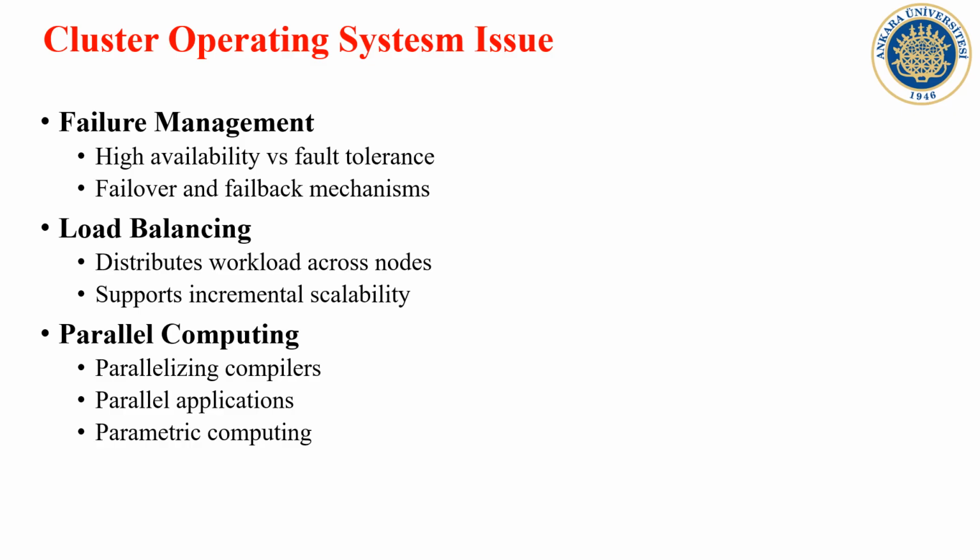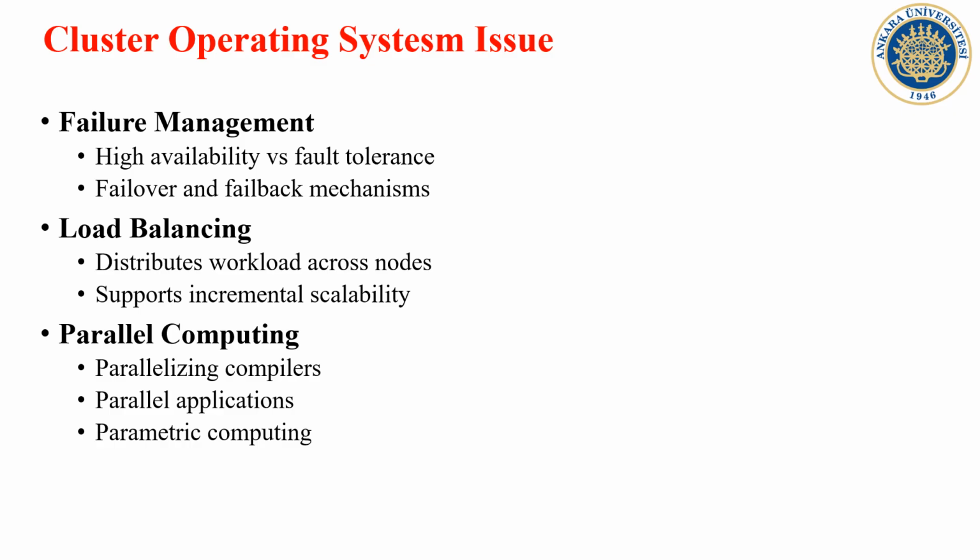Failover transfers applications to another node while failback restores them after repair. Second, load balancing. The cluster operating system must distribute work evenly across all available nodes. When new computers are added, they should automatically be included in scheduling. Finally,